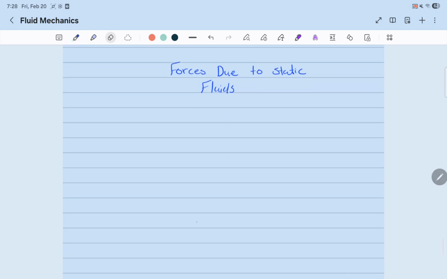Okay, so for example, if we have a vertical wall, and that vertical wall has a body of fluid behind it, open to the free surface. This symbol here means the fluid is open to the free surface, which means that the fluid is in contact with atmospheric air. We'll assume that fluid to be water, and the fluid has a depth of 12 feet, call that H,